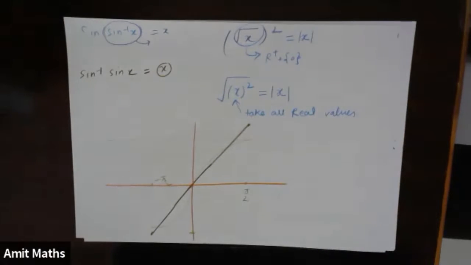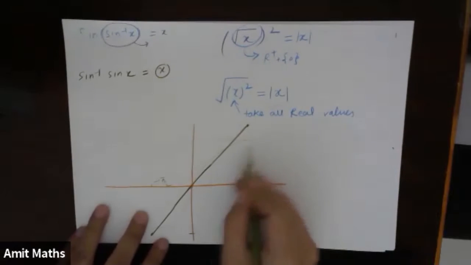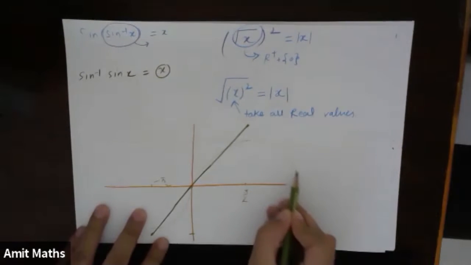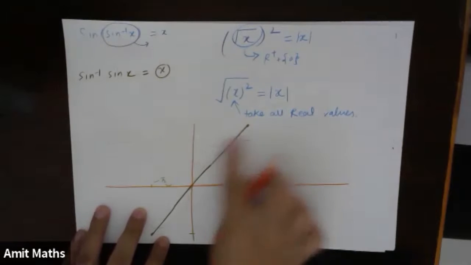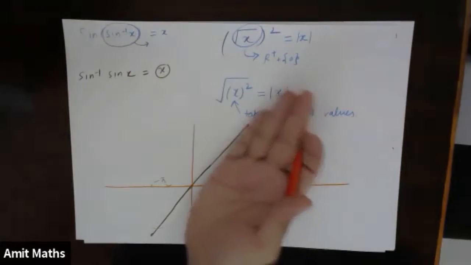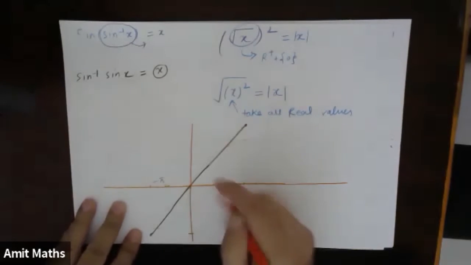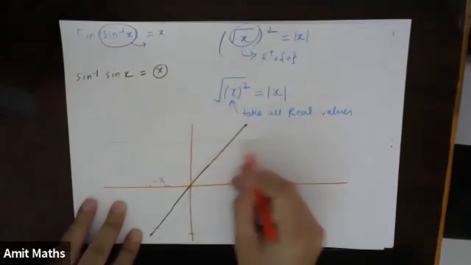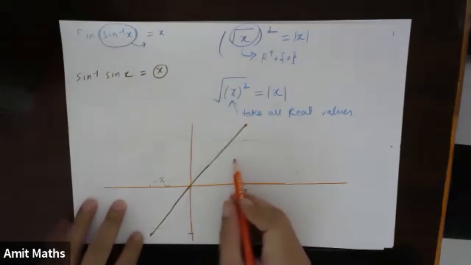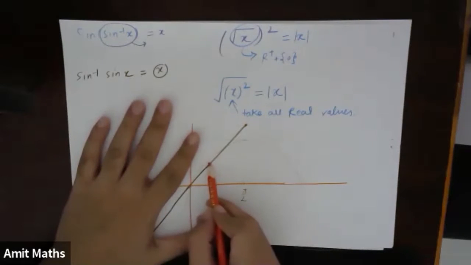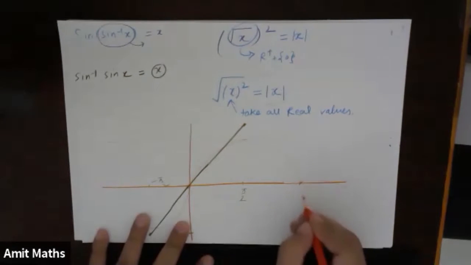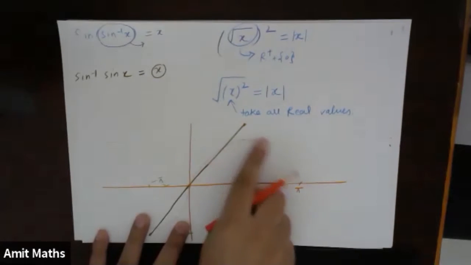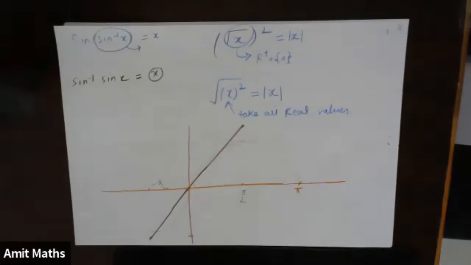So let's see. If I still look at it, the sine curve will come down like this. This part is above. This whole thing is below y is equal to x. Okay. So don't think that this is above. This whole thing is below. So now again, what will happen? Till pi, sine will again come down.